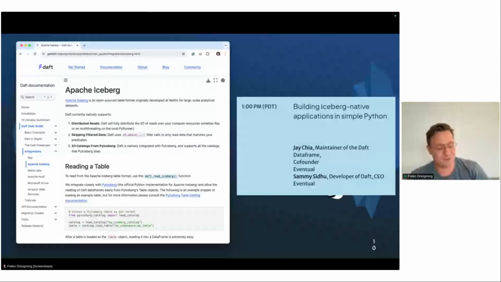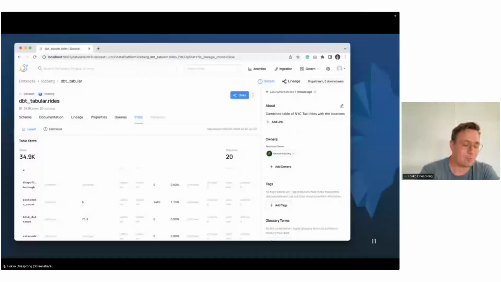We can also see a different thing. For example, this is DataHub, where you actually have data cataloging. This also uses PyIceberg in the backend just to interact with the Iceberg tables, because Iceberg already has a lot of metadata in there. We can actually compute a lot of statistics, for example the upper and lower bound and the number of nulls, without actually querying the Parquet data. This way you can quite easily get a nice overview, a nice catalog of your tables, and you can also see what the distributions of the columns are and these kinds of things.